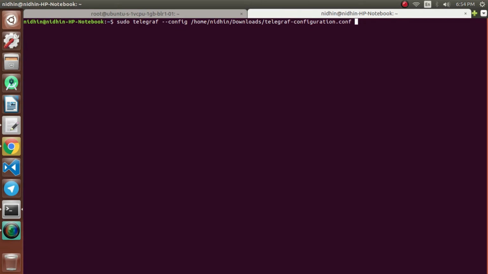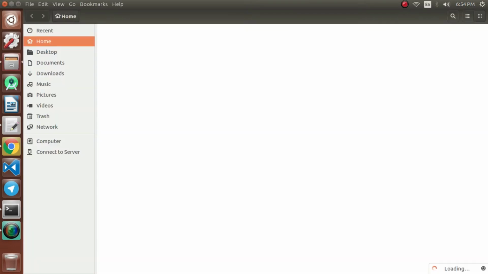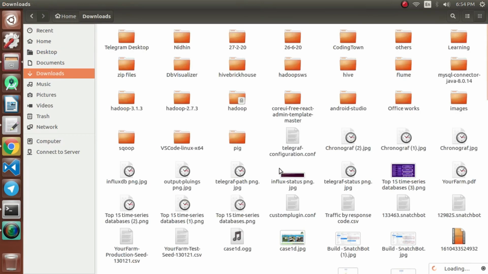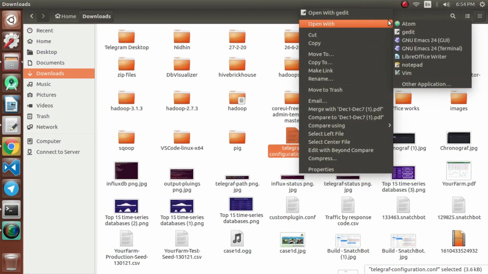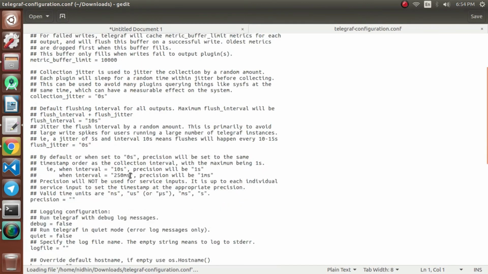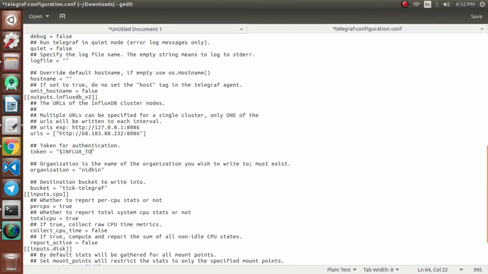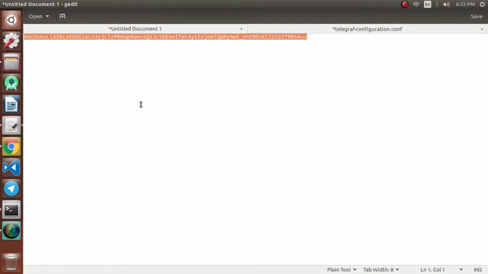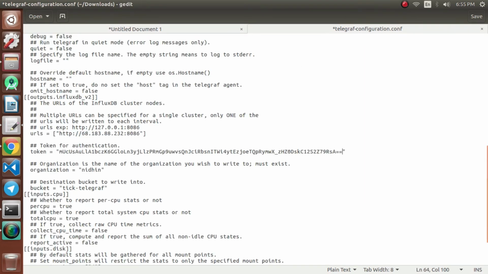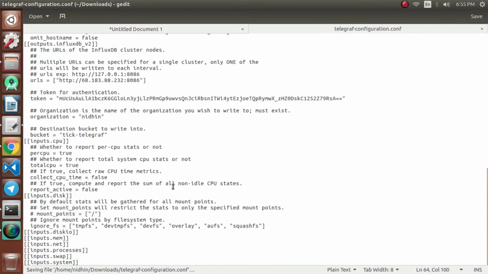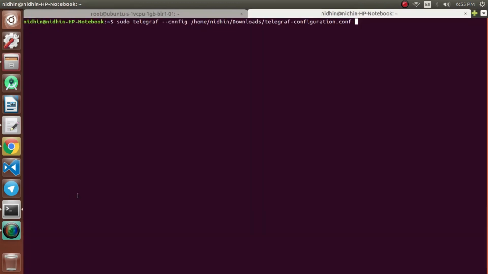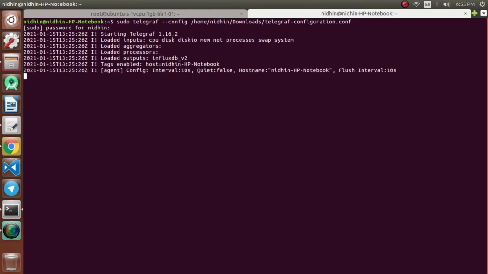So before connecting it, first we'll update the token in the configuration file, which we received while creating the configuration file. So we'll just scroll down and if you see here, there is an option called token, INFLUX_TOKEN. Instead of INFLUX_TOKEN, we'll add the token directly here. So now we'll add the token and we'll save this file. Now we'll run this configuration file from our local machine.